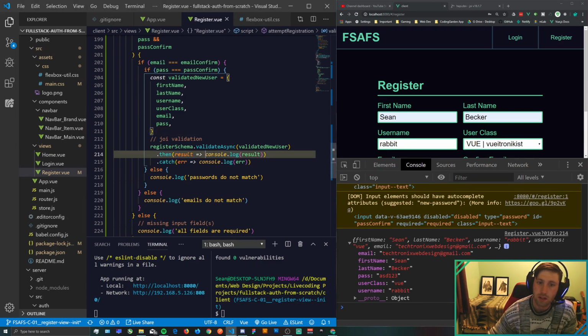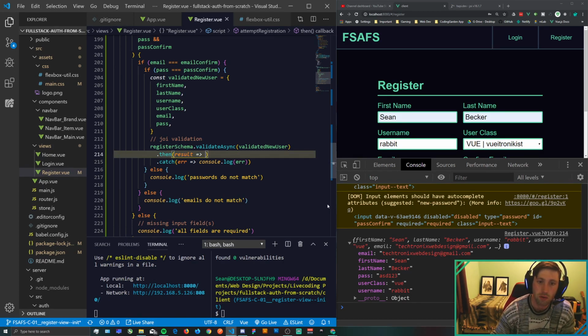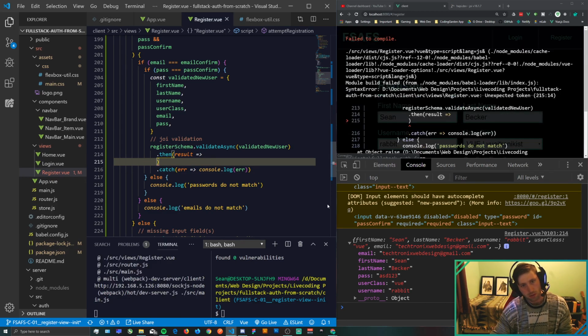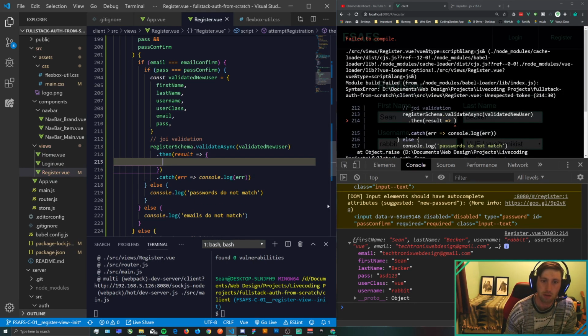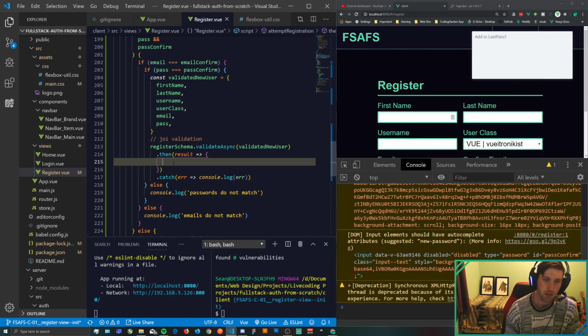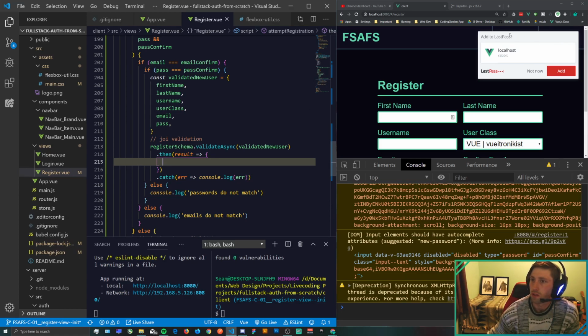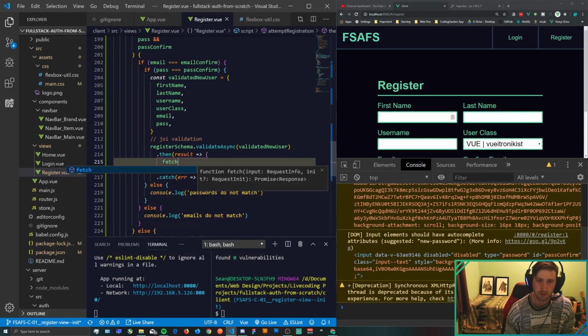Inside of the right here. So instead of console logging inside of the .then statement, we're going to actually open this up. Actually, I'm going to start by making an object. There we go. Okay. And inside of here, we're going to write our fetch request. Oh no, I don't want to add that to LastPass. Okay, so we'll just say fetch,